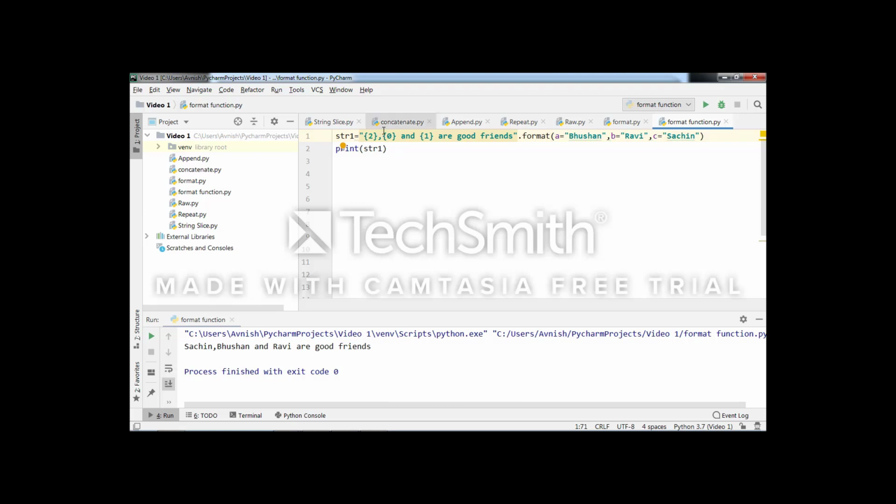Now in the placeholders, instead of an integer value, I will pass only the key of the format function. Suppose I want to print Bhushan first, then I can pass the key of Bhushan in the first placeholder. Suppose I want to print Sachin in second place, therefore I will use the key of Sachin in the second placeholder.